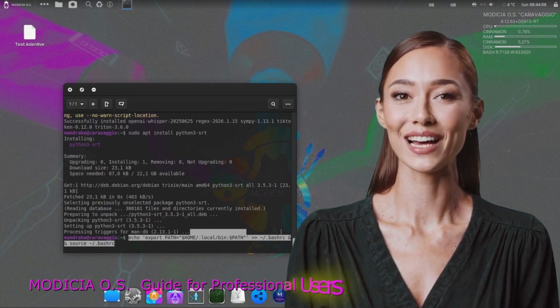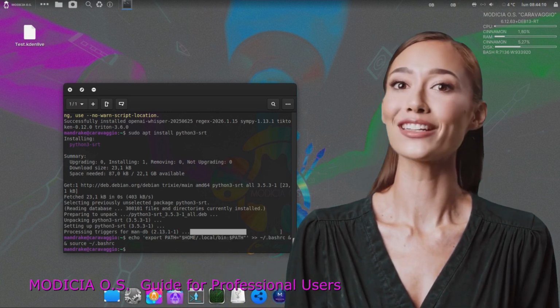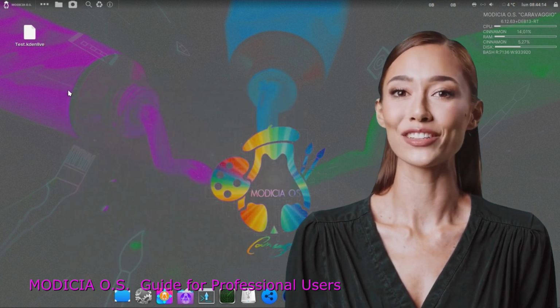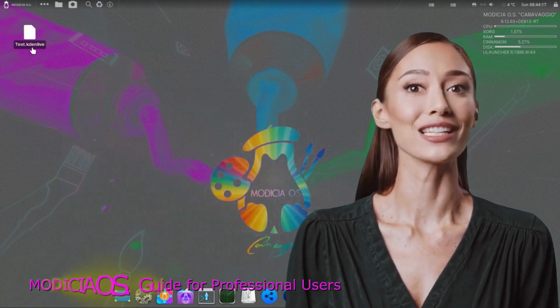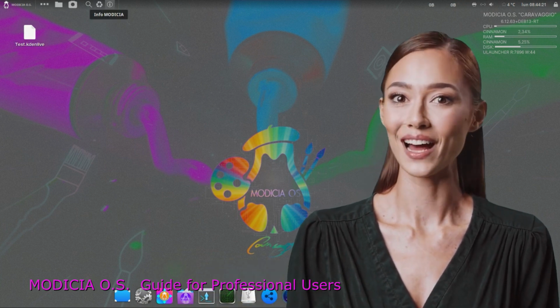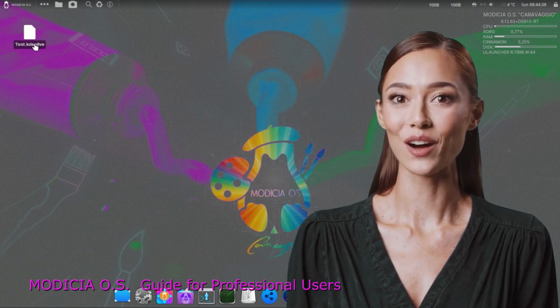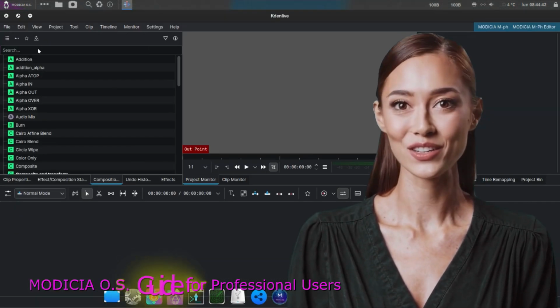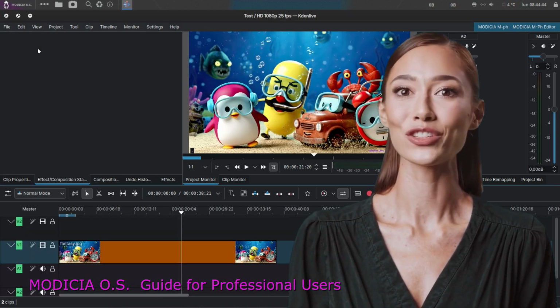Echo 'export PATH=$PATH:$HOME/.local/bin' >> $HOME/.bashrc and source ~/.bashrc. We have now activated Kdenlive's AI-powered speech-to-text transcription engine, the most advanced editor currently available in the open-source world,